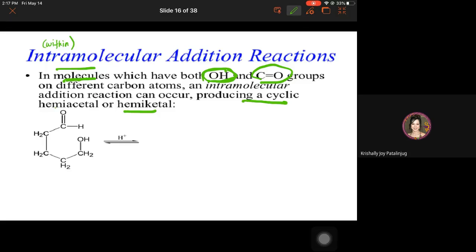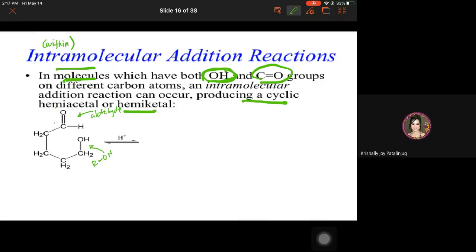So, you have an aldehyde group here. This is the aldehyde part, CHO. And where is the alcohol part in the structure? This is it, the ROH. That is the alcohol part. Okay? Now, we are talking about addition of alcohols here, but